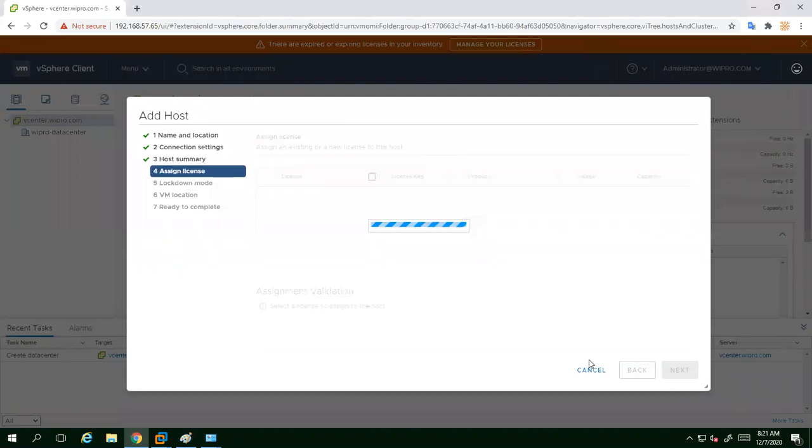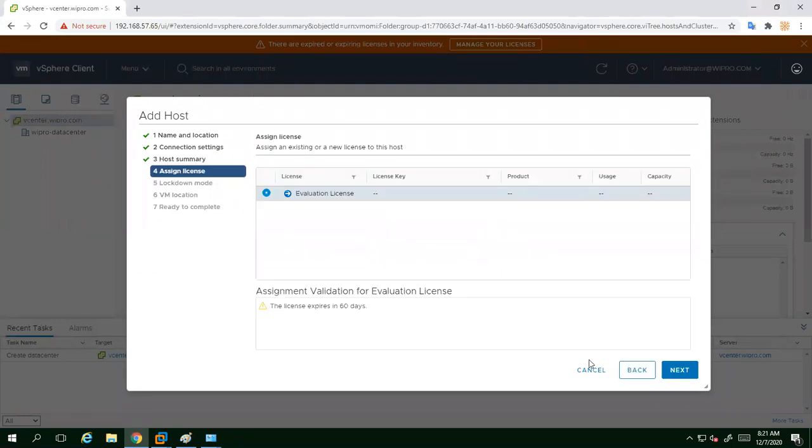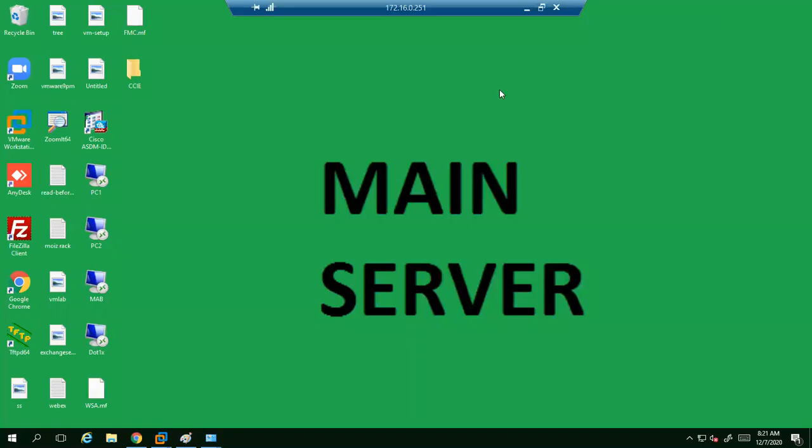Next, then he is asking about the licensing, okay. So we don't have any license. Still, we are using evaluation mode. That is for the 60 days version, okay. And even we try to put the license. I have some dummy license here. You can see, maybe